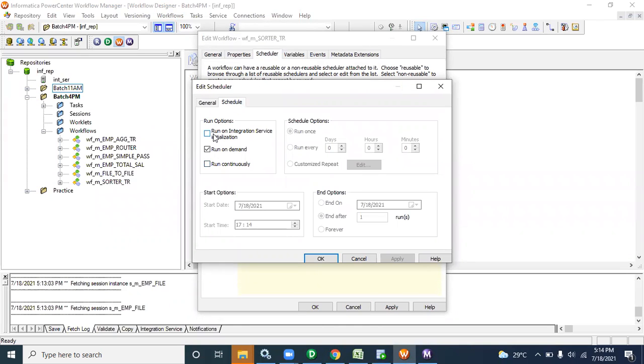Just run on integration service initialization. That's it. Suppose it's now 5:17, so I set it for 15.